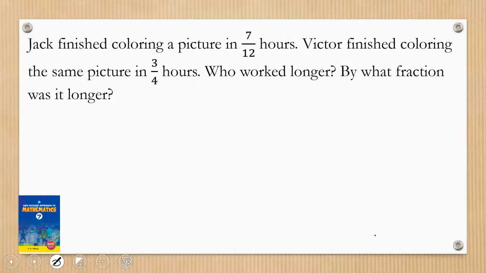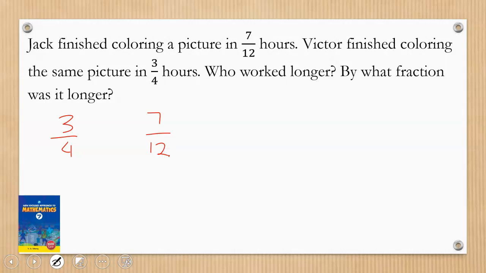Victor finished coloring the same picture in 3/4 hours. Who worked longer and by what fraction was it? Okay, so you can see comparing the two fractions, we have 3/4 and then